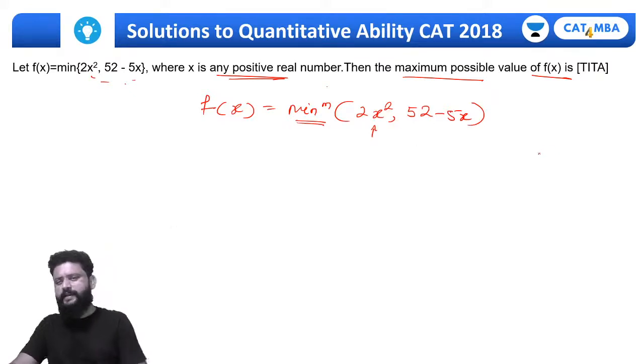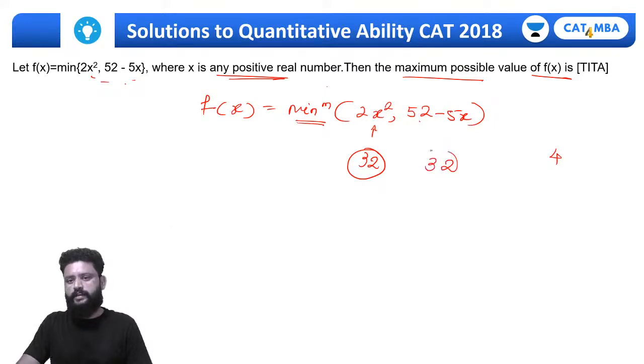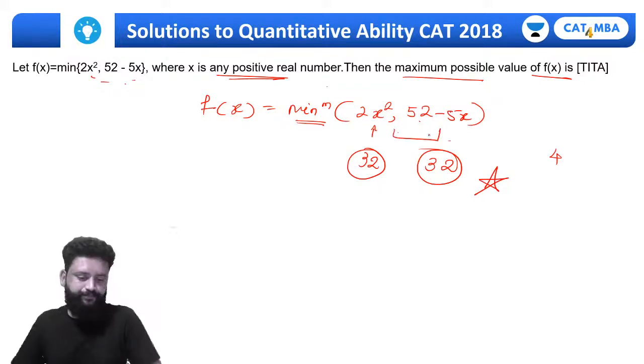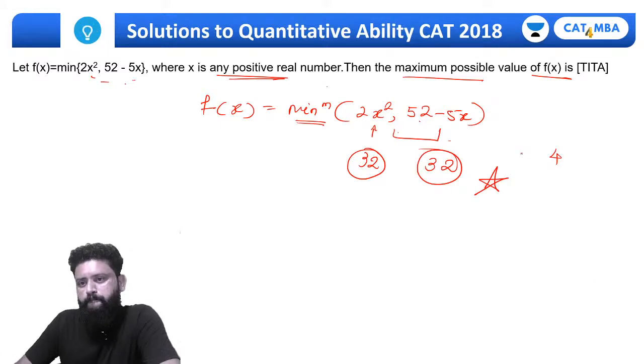सो कहाँ पे ये डिक्रीज होगा उसके बाद, let's get that breaking point. 4 स्क्वायर is 16, 16 into 2 is 32, and if you do this way this will be 52 minus 20, which comes out to be 32, and coincidentally we got these two equal. Have you understood this part? 52 minus 20, 32 आया। सो डेफिनेटली अब मुझे पता है ये इक्वल हो गया।